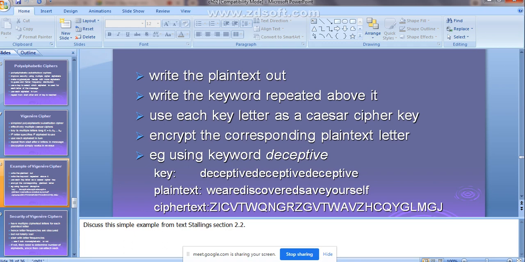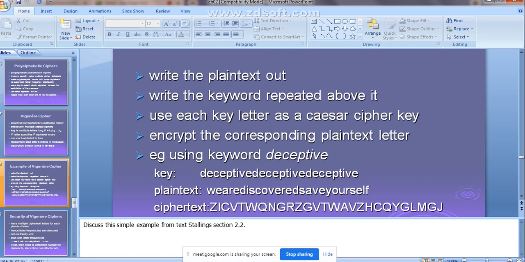See here, the next letter in the plain text is E, right? E will be added with E. E is at which position? 4, yes or no? According to the numbering, A is 0, B is 1, C is 2, D is 3, E is 4. E will be added with E again.